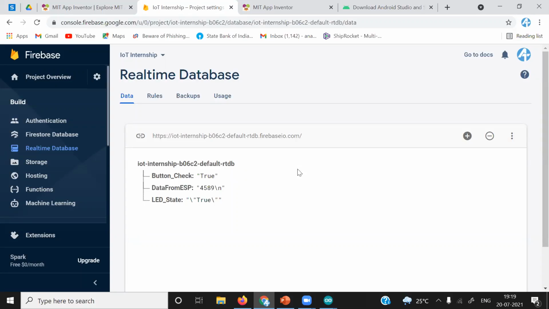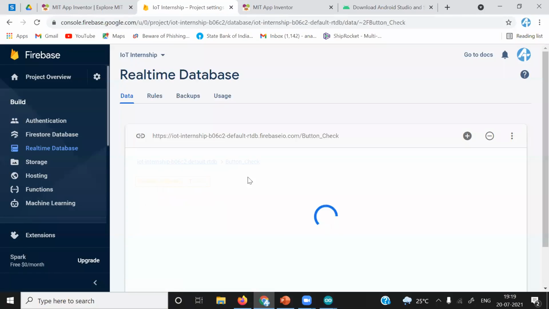Okay, it did not work. Sorry, I have to put it in this format. Let's see. Yes, it works with 0 and 1.